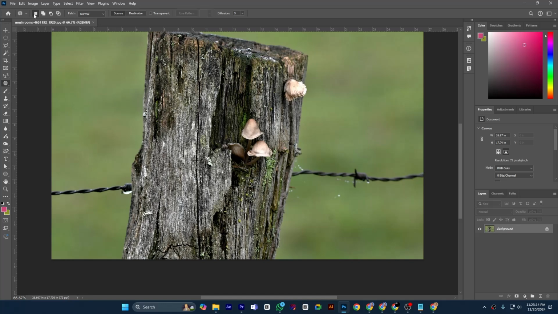You can see here the selection options: new selection, add to selection, subtract from selection, and intersect with selection. Here are two types of patch mode, normal and content aware. We are in normal now. Here are source or destination, transparent, and diffusion. Diffusion is actually the feathery part of the selection. So I am selecting source and normal, and I am